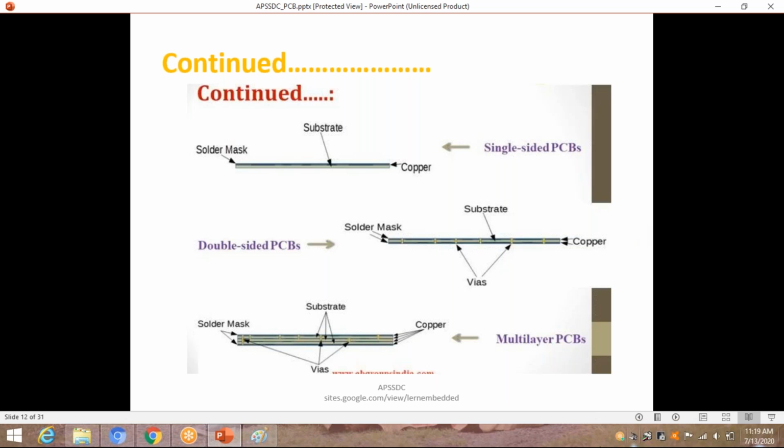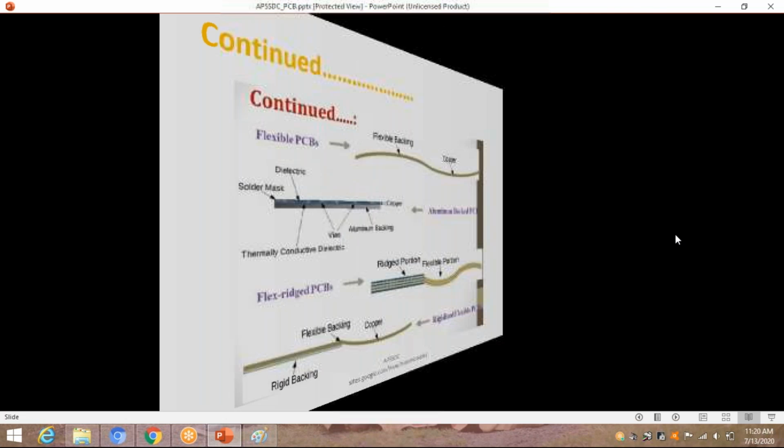You can observe the multi-layer PCB also in the same way. We have several layers of copper, several layers of substrate, and several layers of solder masking. And wherever required, we have wires. Is the slide clear? Yes, sir. Okay, thank you. Next,